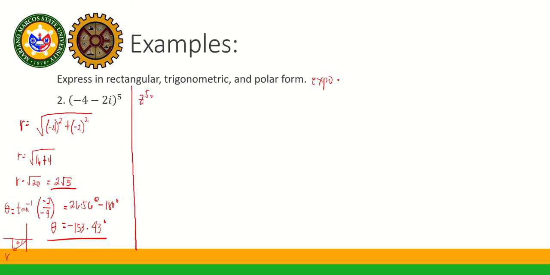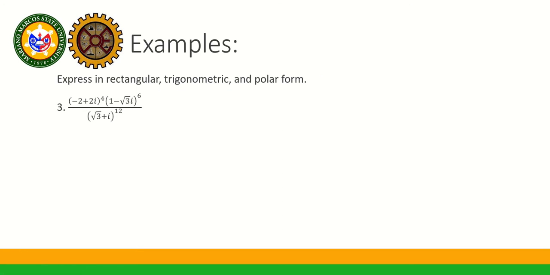So, z raised to 5 is equal to r, 2 square root of 5 raised to 5, since our n is equal to 5. So, lagay natin dito, n is equal to 5. And then, cosine 5 times negative 153.43 plus i sine 5 times negative 153.43 degrees. So, 2 square root of 5 raised to 5 is equal to, if we are going to compute on our calculators, that will be equal to, sorry,